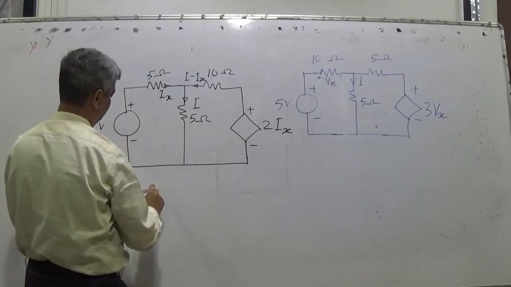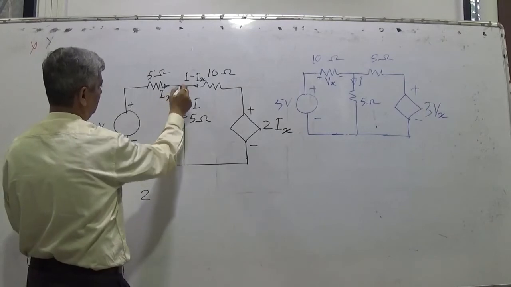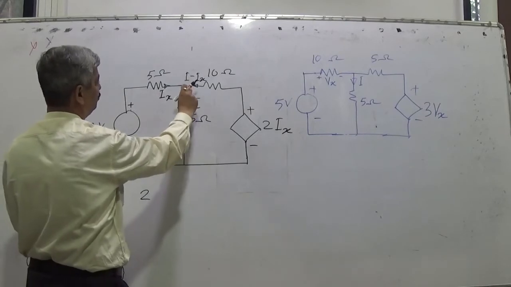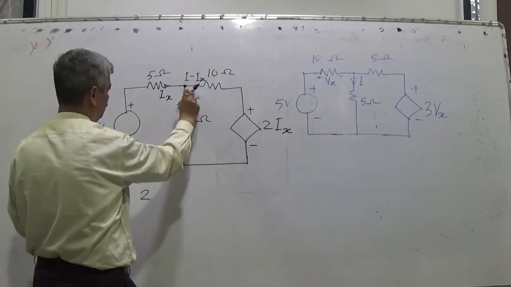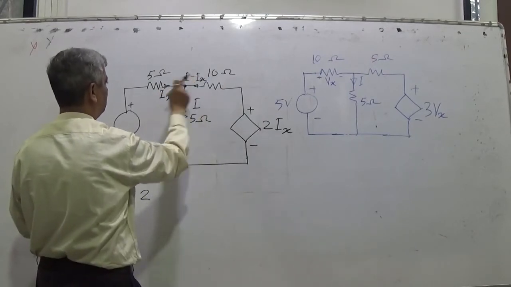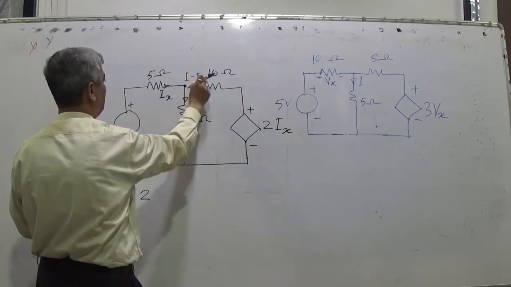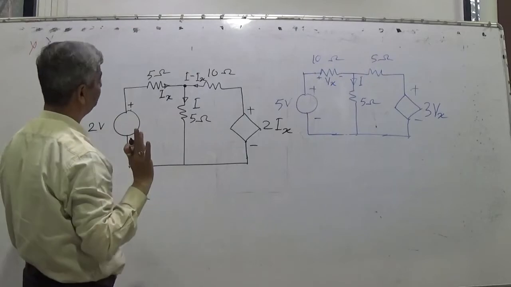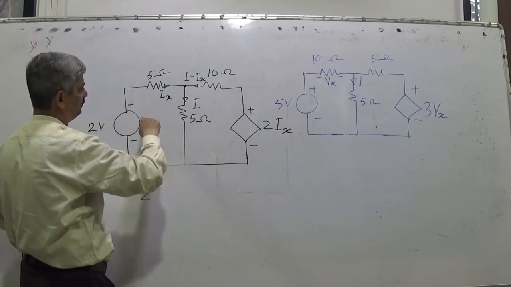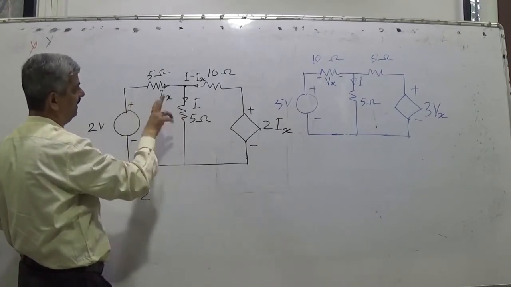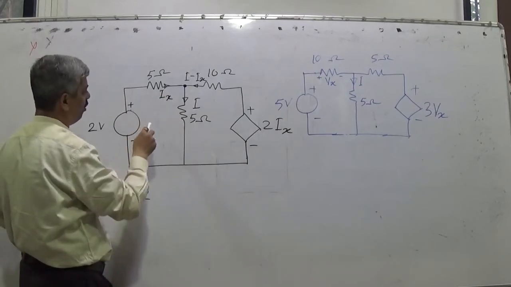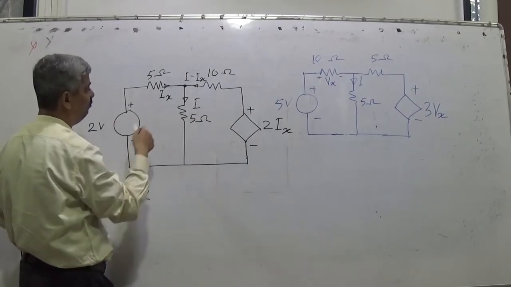Two volts. So at this node we apply Kirchhoff's current law or Kirchhoff's node law. Ix, I minus Ix plus I is current coming, and Ix plus I minus Ix is current going. Now there are two things, I and Ix. We must be able to get rid of one of them. So apply Kirchhoff's mesh law for this loop and for this loop.